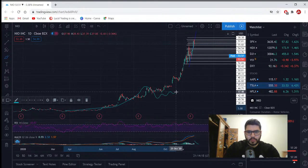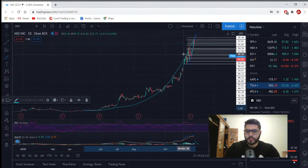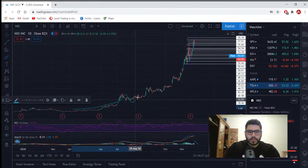Correction. And then go sideways and slowly go up. Correction, etc. But this is going up like that. Pretty much. Yeah, we have corrections, but we're going up faster than we correct. So